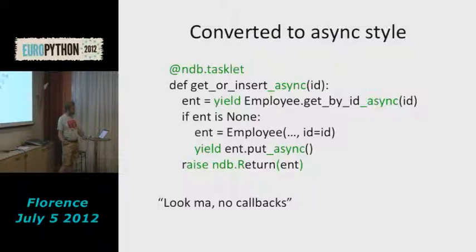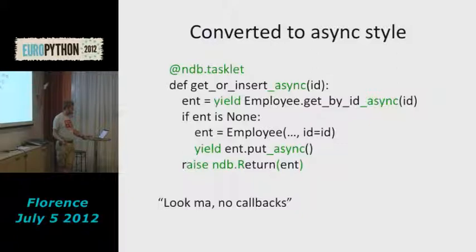I thought about that, and I realized that that was very error prone, because one of the most common mistakes is that at some point you put this yield in, but you forget to also call the asynchronous version of the API you're calling. That's just a common mistake, that you yield something that's not a future.